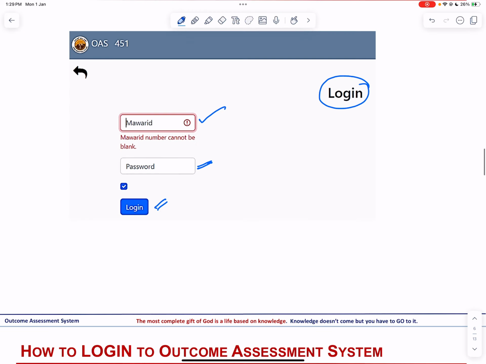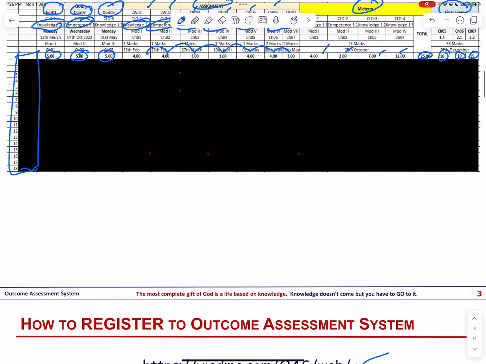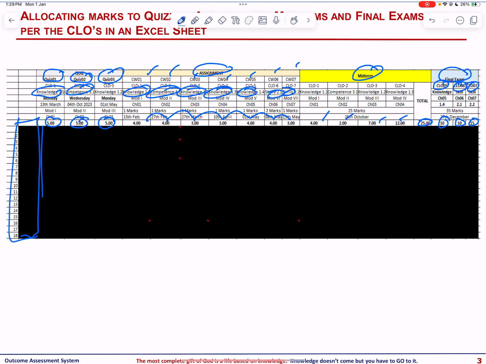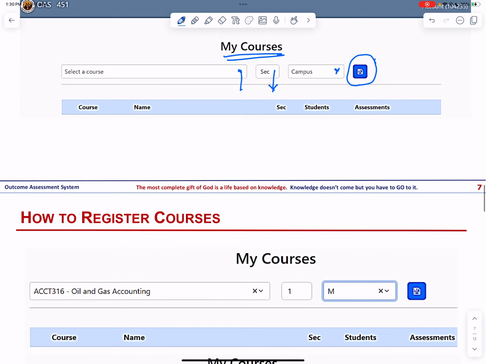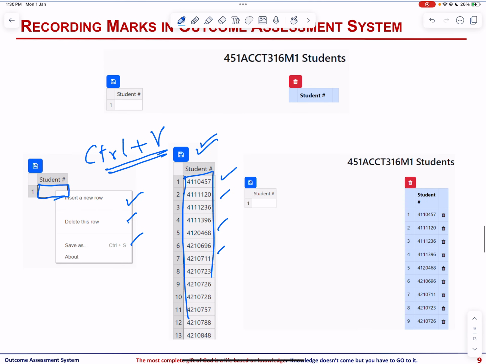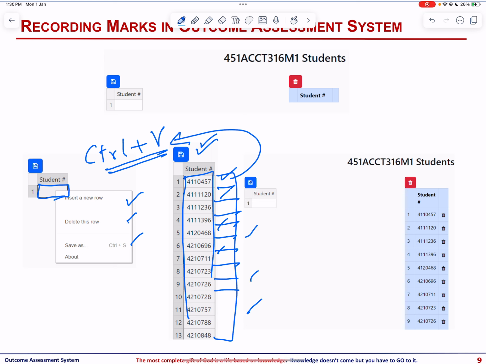from the Excel sheet. Suppose it was quiz number 1, then for quiz number 1 I have the marks over here. I will simply copy them down, and I have the students IDs, and then next to it you will find blank cells over here. Again, press Ctrl V from the keyboard and paste in the cell, and all the marks are going to be entered